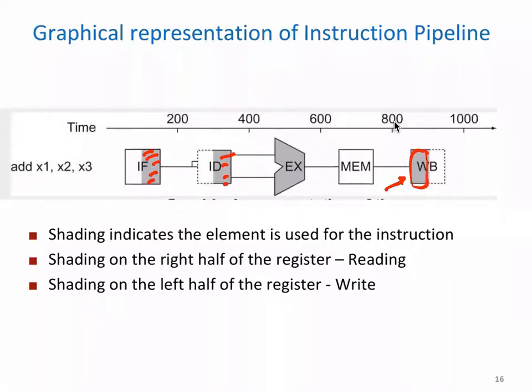Okay, something that is filled in or dark means the data is going there. So like this element has data, it means in the pipeline we are using this. Similarly, where there is a dark part, we can say that we are using it here. We are also using this one. Now there is nothing, it's all clean. So we know that in the add instruction we don't use memory, so it's light. We are not using dark color here. Okay. Similarly here in the last instruction. So this is the kind of representation.